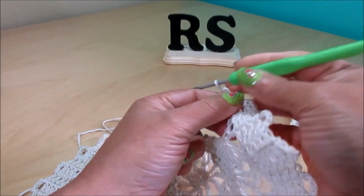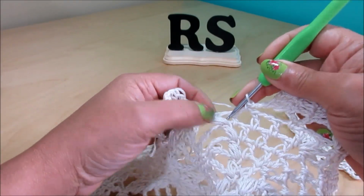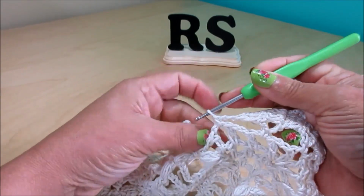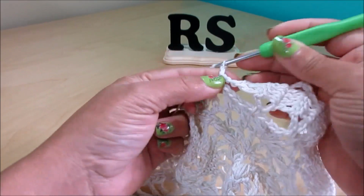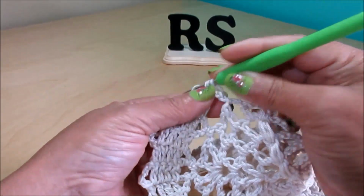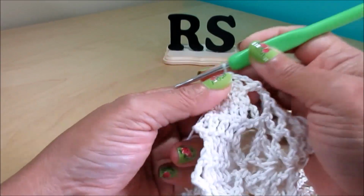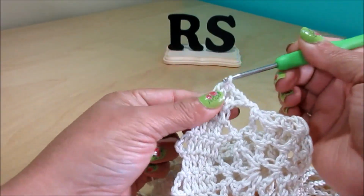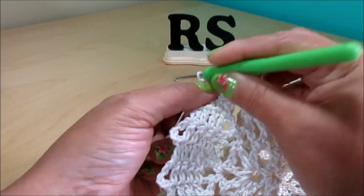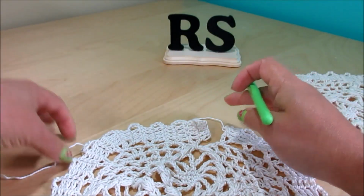I'm gonna chain 2, I'm gonna skip this one, go to the next one and do my single crochet, and you'll have 1 empty space here, and the next one will be the first one that you start. So you're gonna chain 2, you're gonna turn your work around, and you're gonna do your 4 double crochet. 1, 2, 3 and 4. You're gonna chain 1, cut the yarn, leaving a tail long enough for sewing these 2 ends together